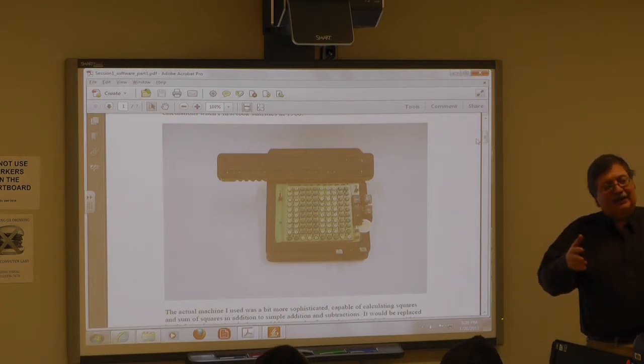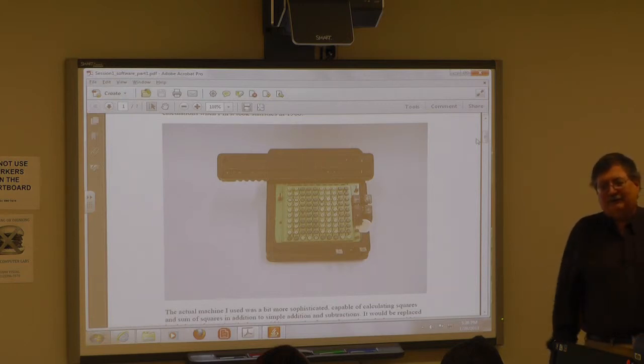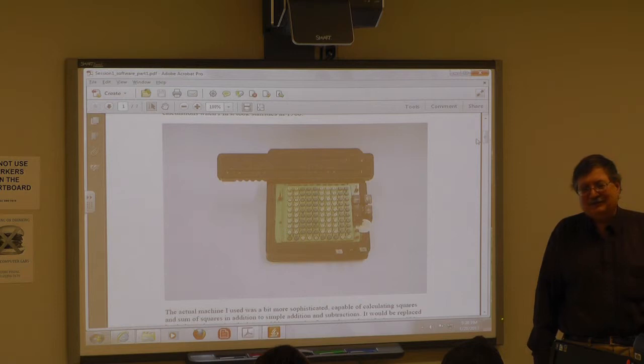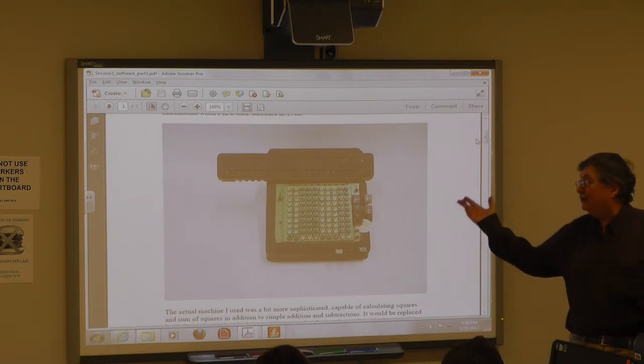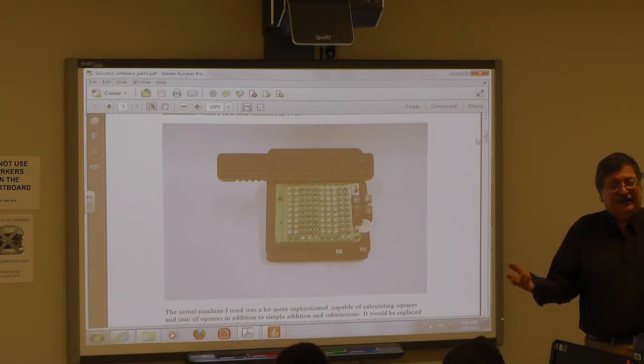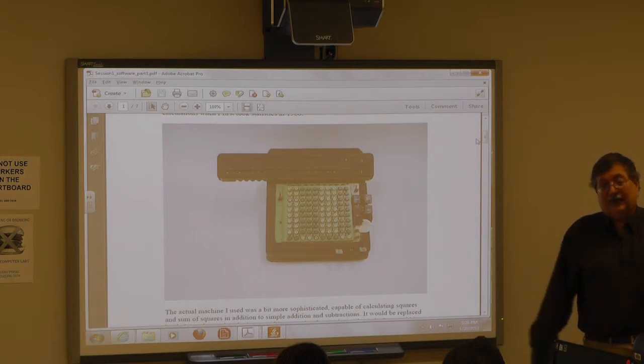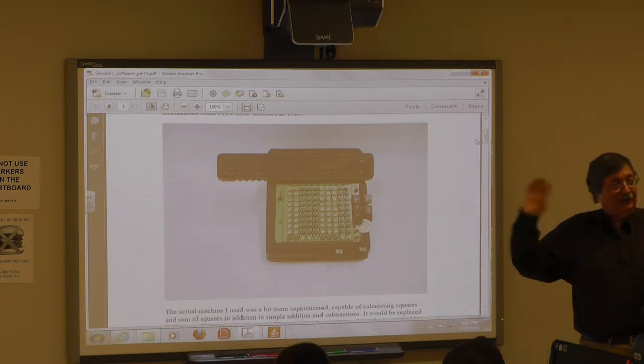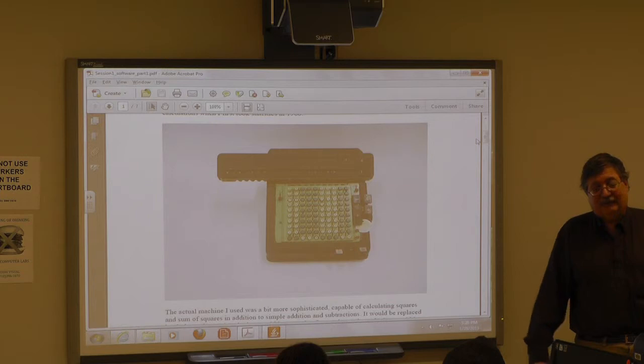They told us that cost 10 grand. They had it in a room on a desk, with a wire in the window so nobody would go in there and touch it. It was so expensive. But within a year or two of this, Texas Instruments came out with, I guess, the TI-19 or something like that, one of the first cheap electronic calculators, and we forgot about this thing. This thing was left in the dust.